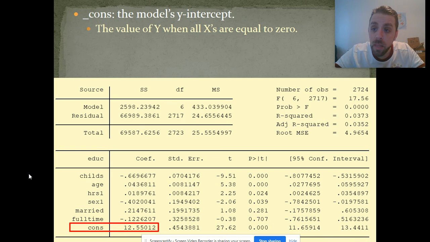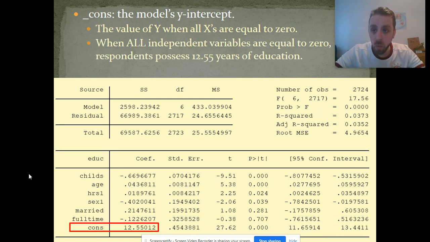And this was a problem that I saw consistently. A lot of people reported the y-intercept to be the level of educational attainment when child's age equals 0, or whatever. No. It's assuming all of these are equal to 0. So statistically, when child's age, hours worked, sex, married, and full-time equal 0, then the baseline level of educational attainment is